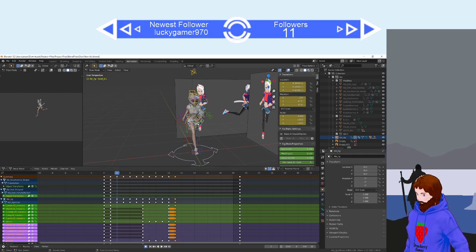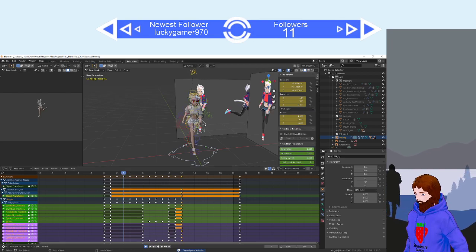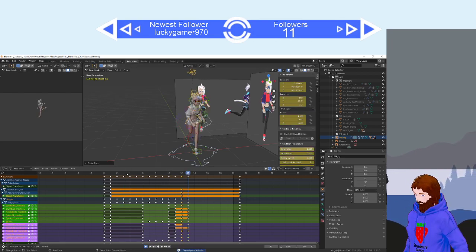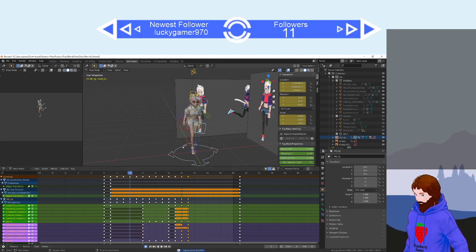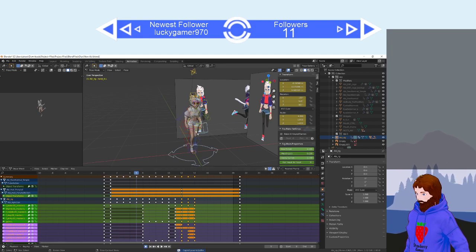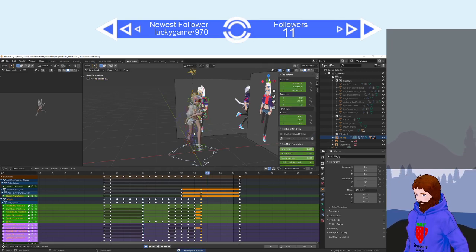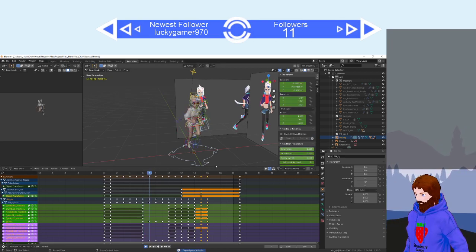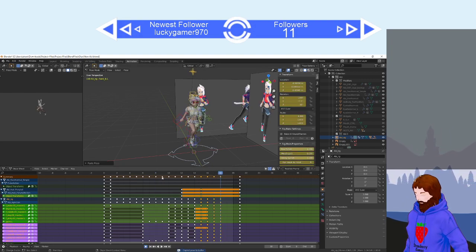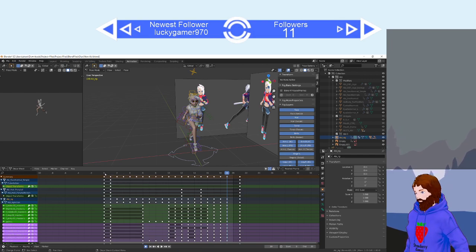And rinse and repeat. Copy. Mirror paste. Copy. Mirror paste. Copy. Mirror paste. I'm being very careful as to not accidentally paste more. Okay. Copy. Mirror paste. Copy. Mirror paste. Copy. Mirror paste. Okay. Now, theoretically, if I play this back,